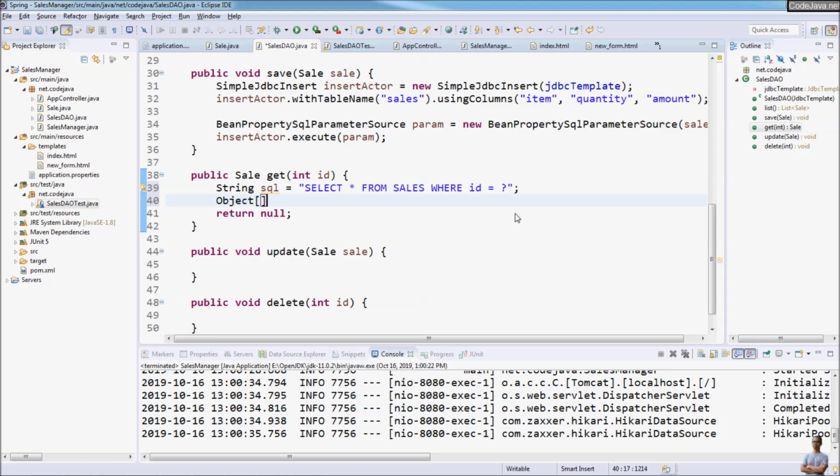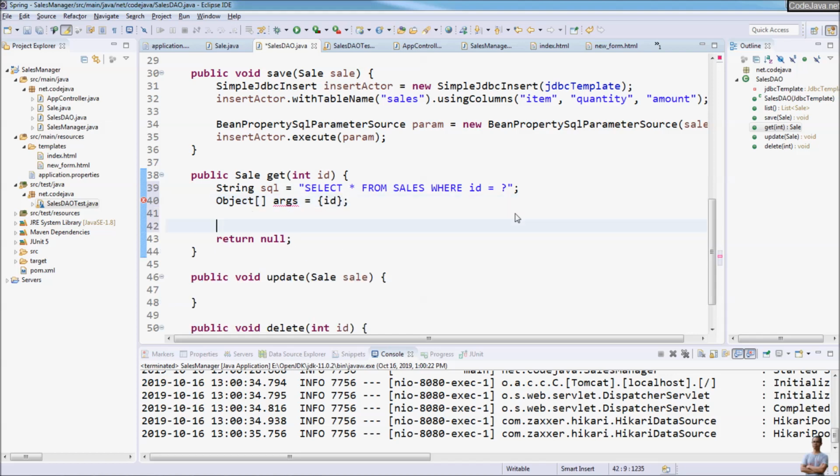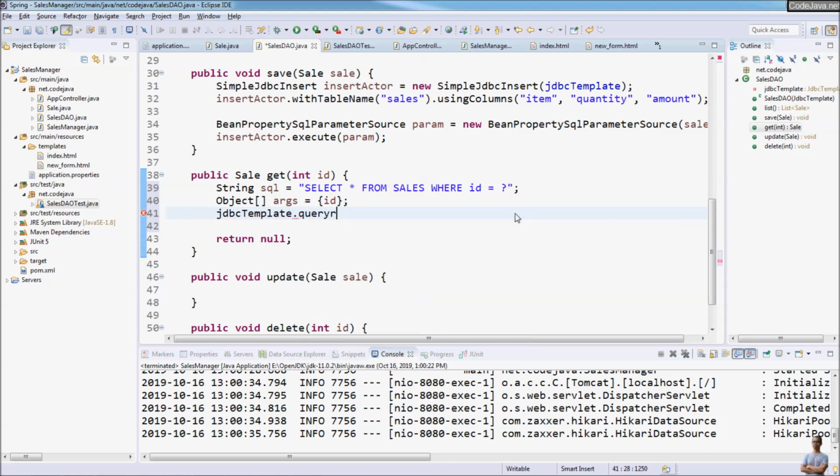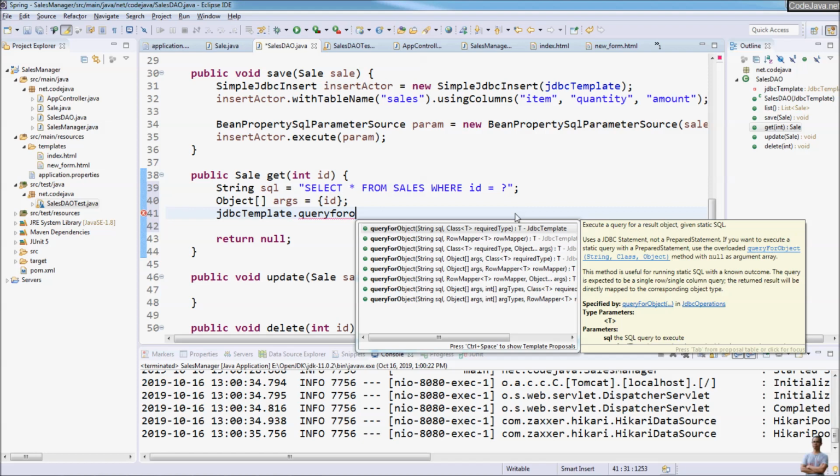Then we specify an array of arguments to contain the value of the ID, and we call the JDBC template queryForObject method, queryForObject,